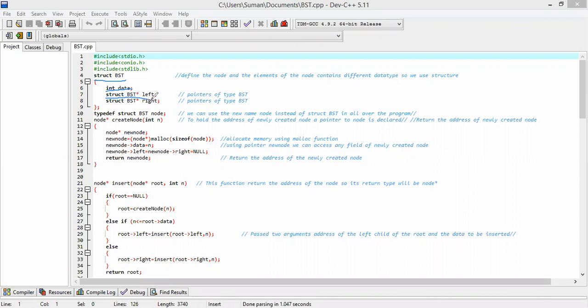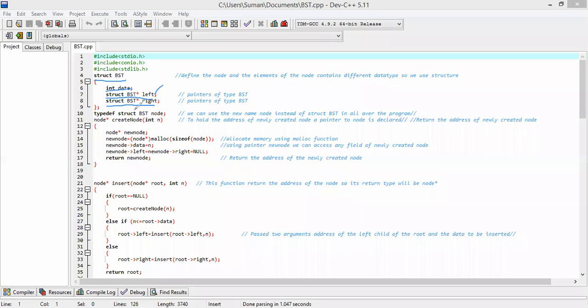That's why you see two pointers are present. Now, what will be the type of the pointer? The type of the pointer will be the structure type. That's why I have written struct BST star left, because this pointer is of structure type, and it will point to the left child.